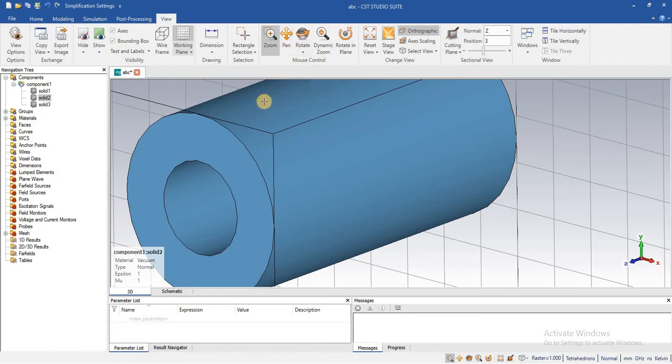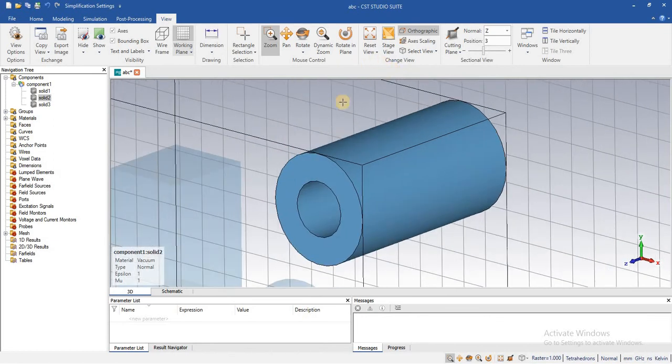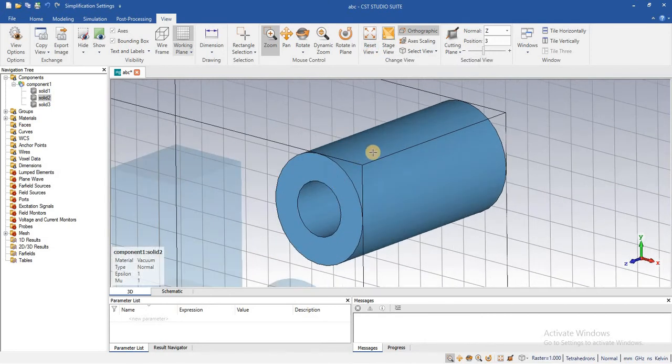And when you want to reset the view, so that all your working diagrams come into a window view, you just click on reset view. Reset view will all the time show you all your geometries. And similarly, you can again reset it to the previous one. This is all selection, but you can preview the selected one.